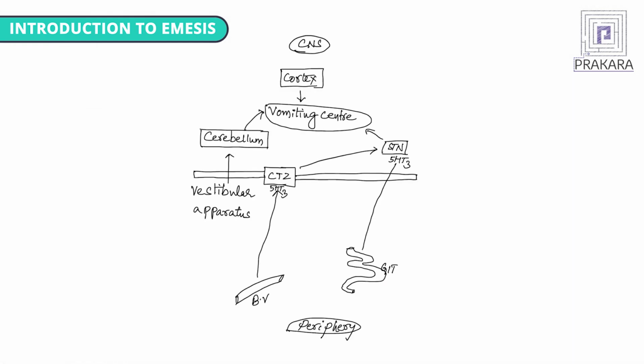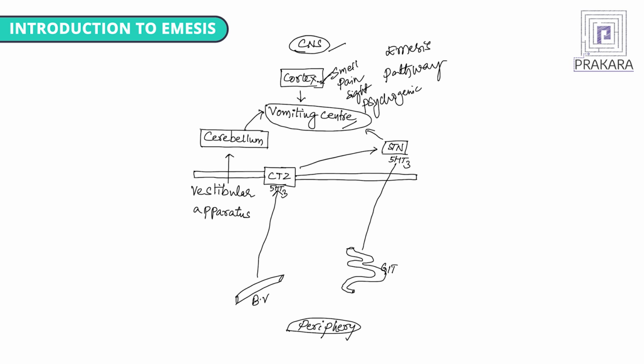Let us understand how the emesis pathway takes place. In this emesis pathway, we will discuss internally what is happening here. This is a phenomenon in connection with the CNS. Whenever the cortex is activated, either because of certain types of smells, pain, changes in sight or vision, or certain psychogenic stimuli, these may trigger and stimulate the cortex, which further stimulates the vomiting center in the brain.